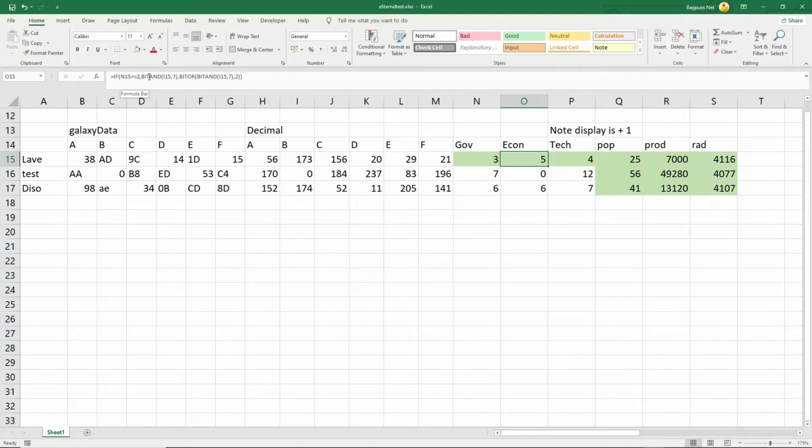Economy takes seed B and ANDs it again with 7, and if the government, which is there, is less than 2, it will OR it with 2 to make sure bit 2 is set. If it's greater than or equal to 2, then it just leaves the value as is. Tech, that takes seed,